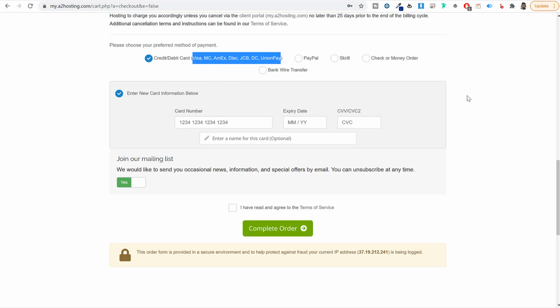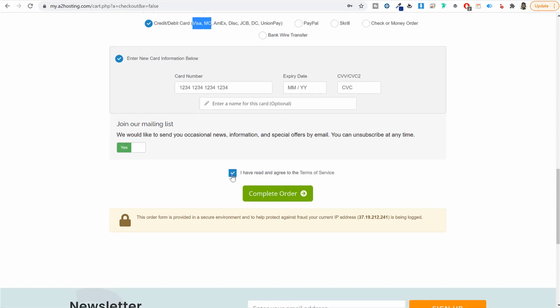video from India by the way, most of the people in India have a RuPay card. Now RuPay is a domestic card which is not accepted anywhere outside India. So if you have a RuPay card, you can visit your bank and upgrade your card to Visa or a MasterCard. So enter your details and after that tick mark this and click on